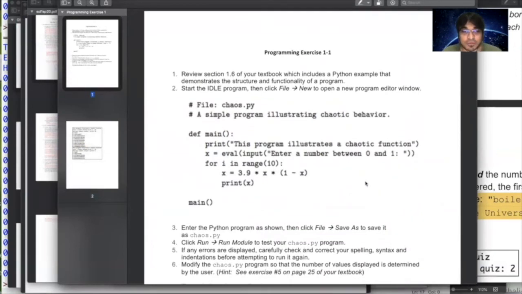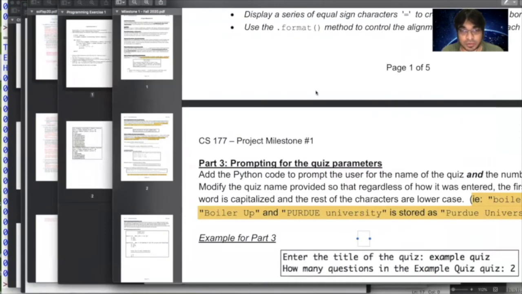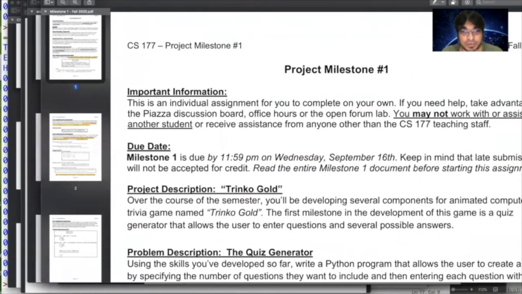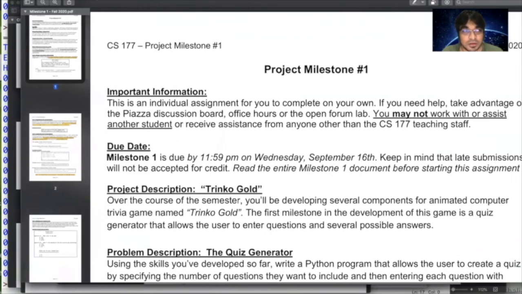Now, those were the major parts of last week. But now, going forward, there's one assignment that you will see on Brightspace under the Assignments tab, which is called Milestone 1. So I want to talk a little bit about that, and mostly I'm going to introduce it to you, not go too much into detail, because we will be building up on this in the next few days.